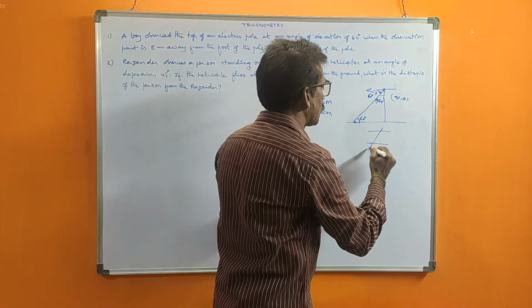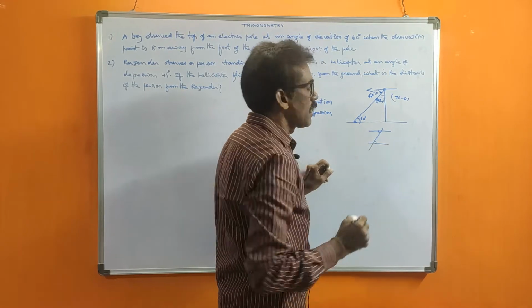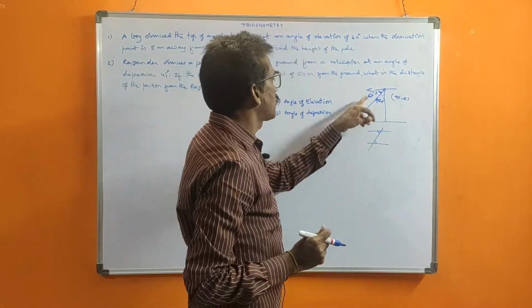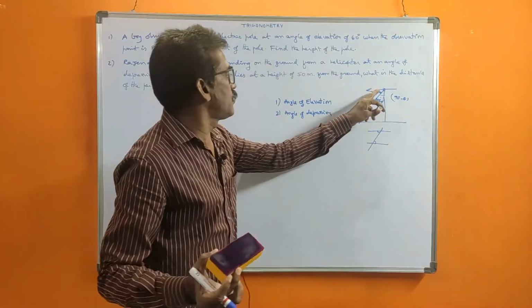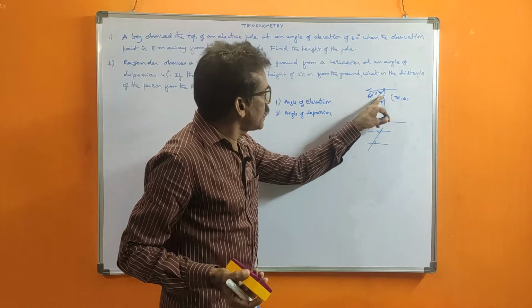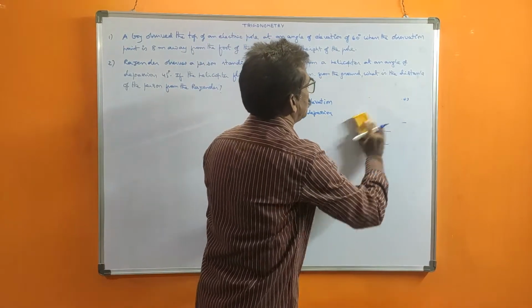These and these are parallel lines. One transversal line, if you draw this angle and this angle, alternate angles are equal. Based on that, these two are equal. Like that also we can take. Directly we can take this angle here, or here you want to take means 90 minus this angle. Anyway,